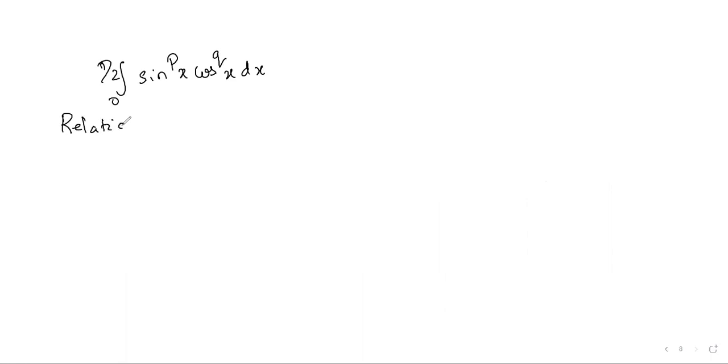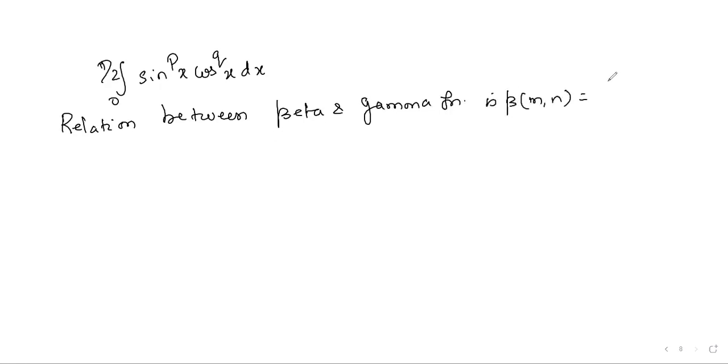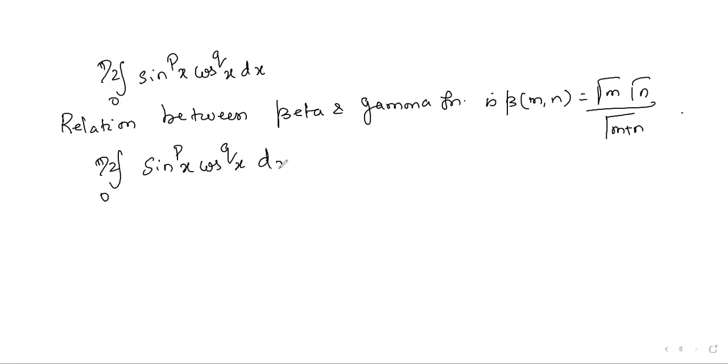So the relation between beta and gamma function is beta of m comma n is equal to gamma m gamma n divided by gamma of m plus n. So using this, I'm going to write integral 0 to pi by 2 sine power px cos power qx dx. So this is nothing but 1 by 2 into beta of p plus 1 by 2 comma